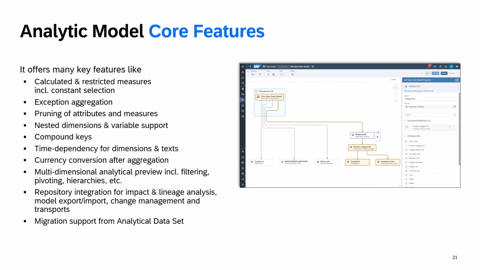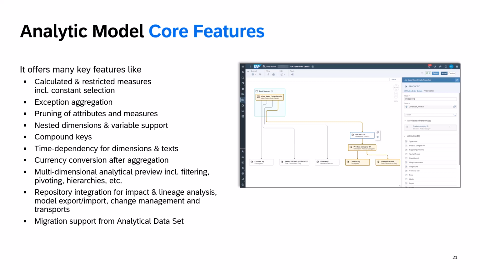So if we look a little more in detail at those core features and functions which we have already built in, starting with the first delivery, but we also delivered a lot of functionality in the last few months with the different releases. We have the capability to create calculated and restricted measures. A few weeks ago, we also delivered the feature of constant selection, which some of you might know from BW.